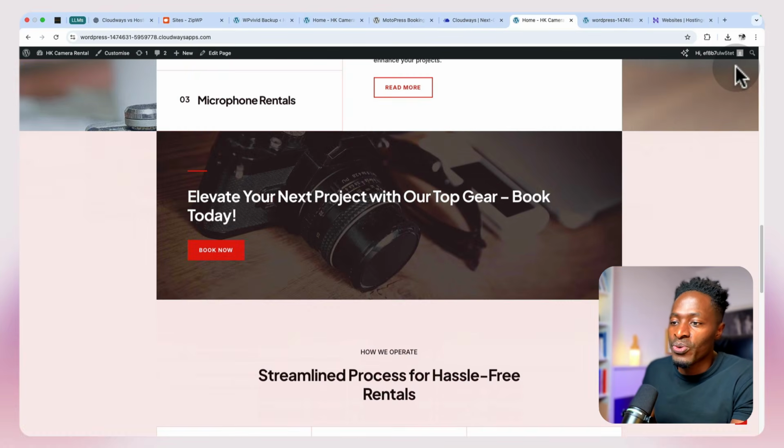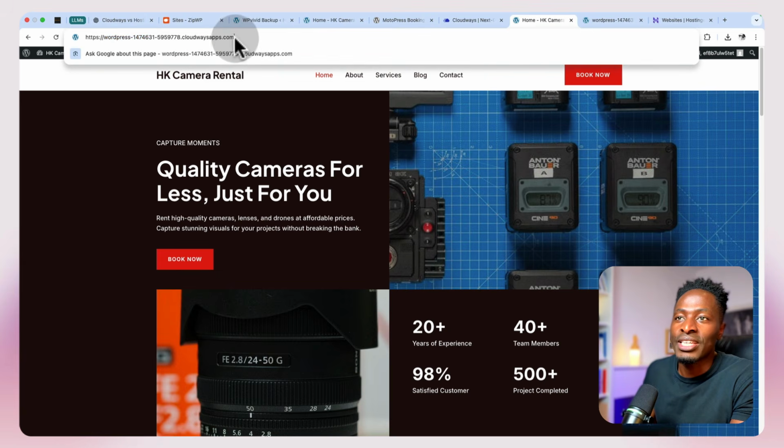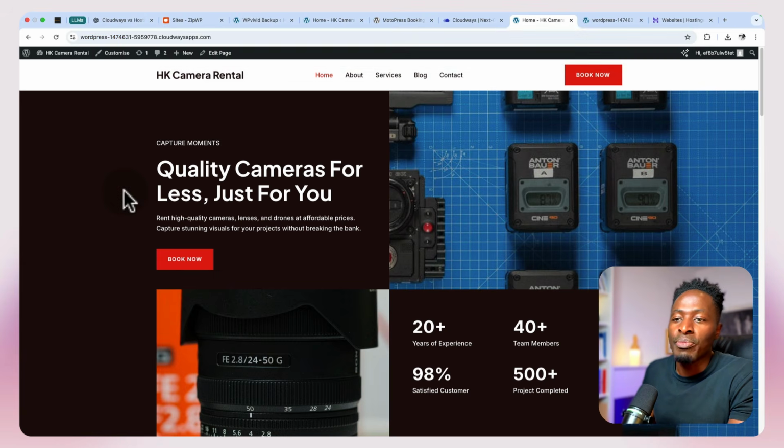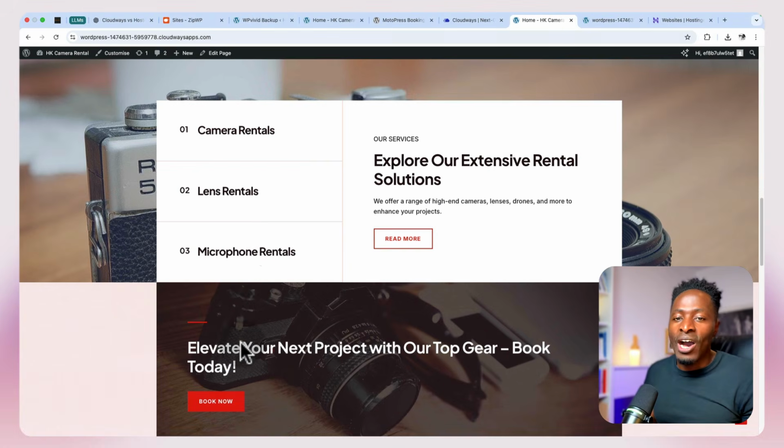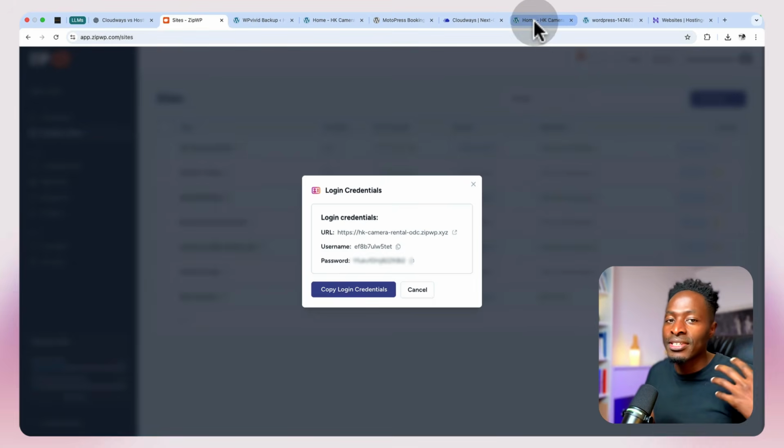Now our website is seated on Cloudways, just like you can see here. It's seated on a Cloudways subdomain, cloudwaysapp.com. And now we can forget about ZipWP, in case you want to come back and use this password, or in case you want to change the passwords